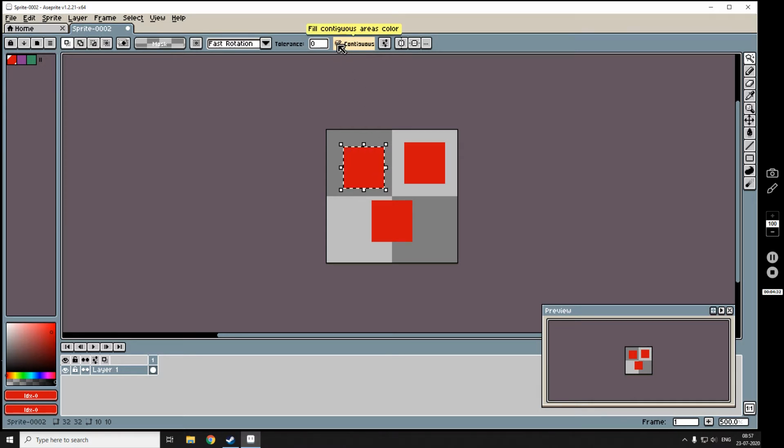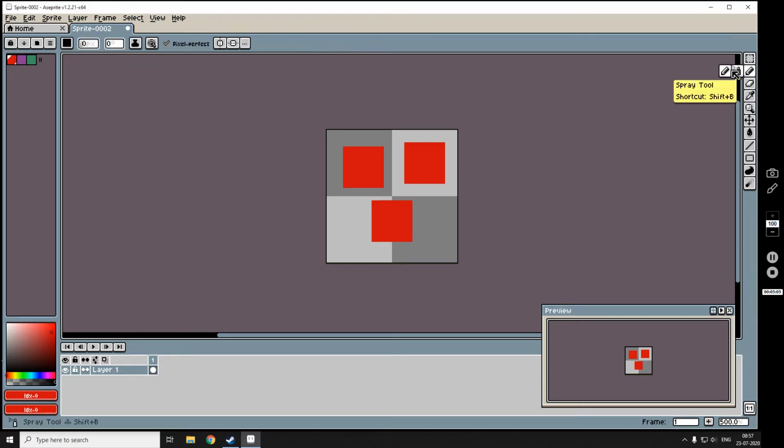Now I'm going to select it again with contiguous turned off, and if I select this one, it will select all the same colors which are available in our whole canvas. So it will select all of those. It is quite easy, and it's really useful for mainly selecting colors.